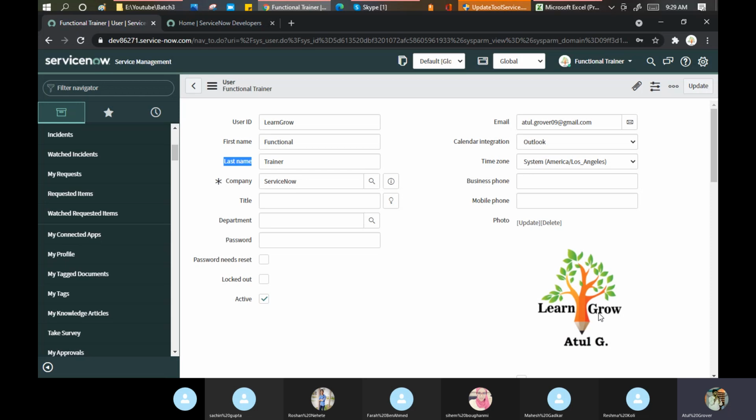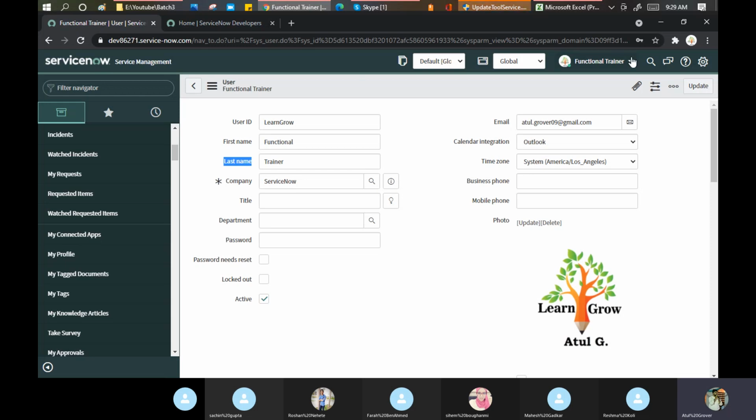Now the question comes, how can I create a user in my system? We will discuss that tomorrow, how you can create a user in ServiceNow. So from tomorrow your practical part will be starting. Actually, I will be giving the instance and you can start working on that part.